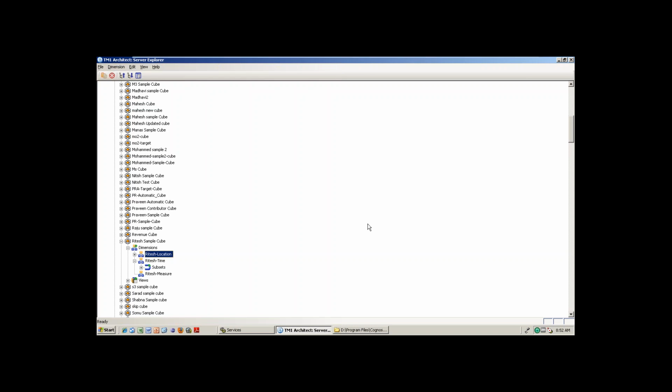Whatever I am explaining is a basic level. But in real time, you are not going to create the dimension manually just by copying, because it has to take the data from Excel, automatically create the hierarchy, and automatically paste here. So I am not going to do any copy paste. It is just for static dimensions only that you need to do it like this. But normally in real time it will be dynamic dimensions, am I right?